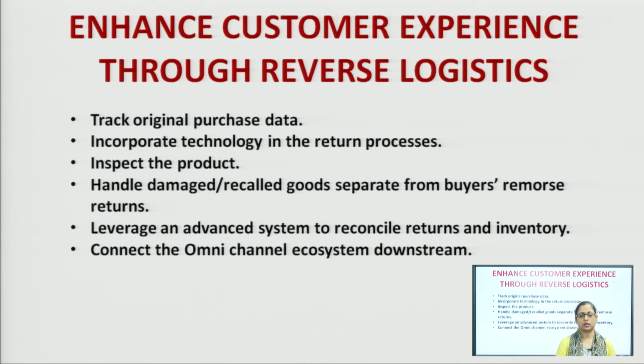because the company also needs to segregate all kinds of products. Something which is damaged has to be repaired, something which has been recalled because of refilling has to be done, that has to be managed separately. Something which is absolutely waste and has come for exchange, or there are certain times when the product is absolutely waste, then it has to go for a proper disposal system. So, all these things have to be handled properly.